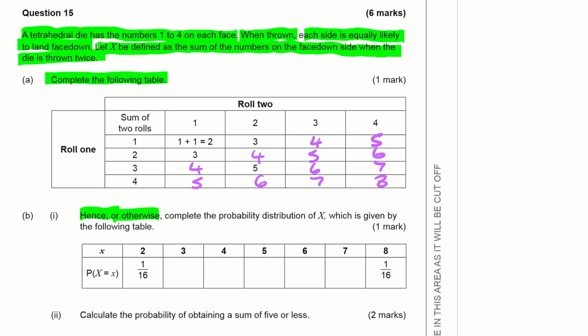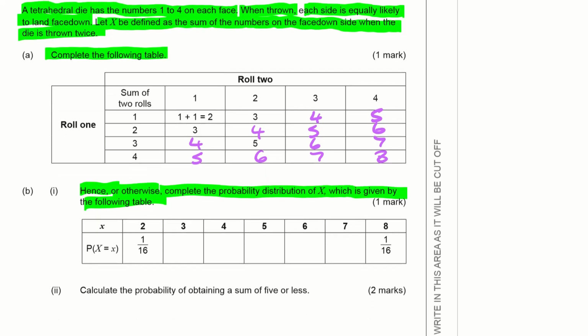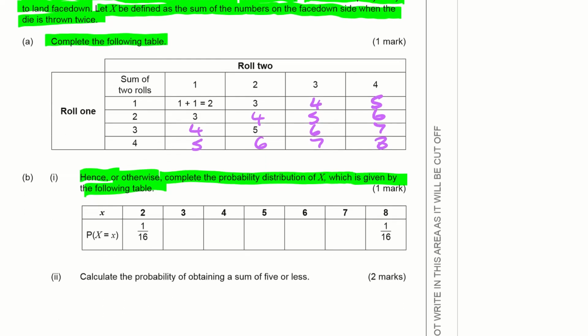Hence, or otherwise, complete the probability distribution of x, which is given by the following table. So we can see we've already put in the values for 2 and for 8. If we think about 3, there's 2 of those out of the 16, so that is going to be 2 out of 16. For the 4, we can see in the table above there are 3 out of 16, and